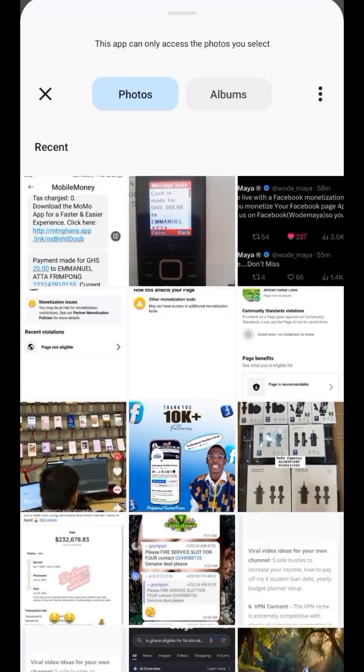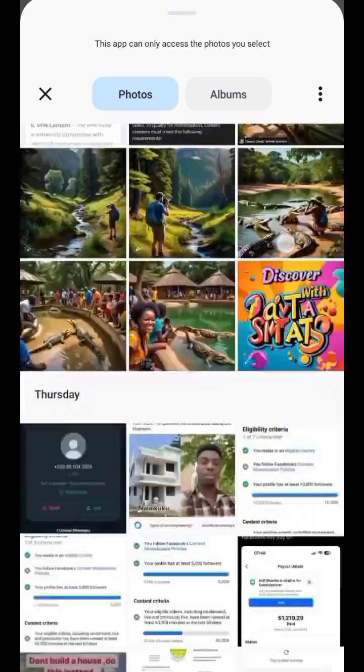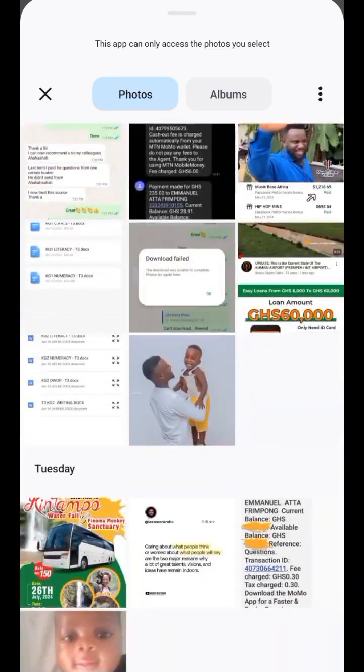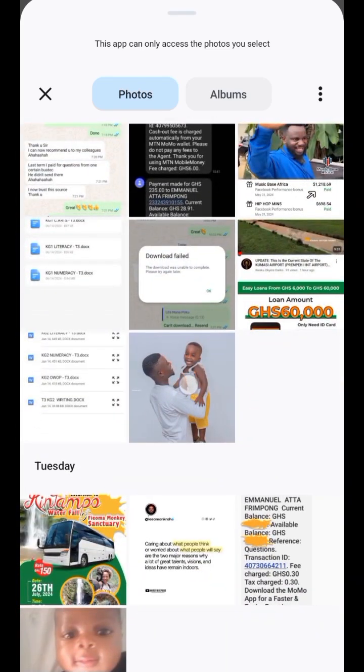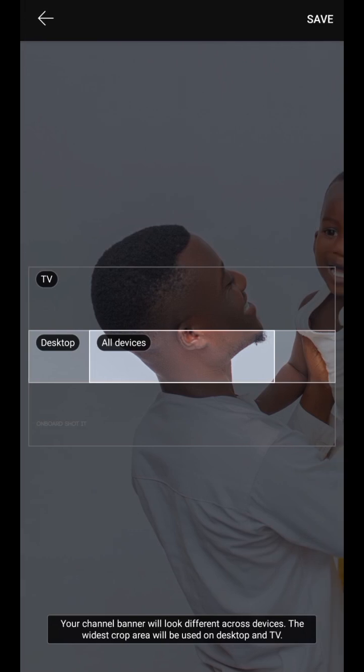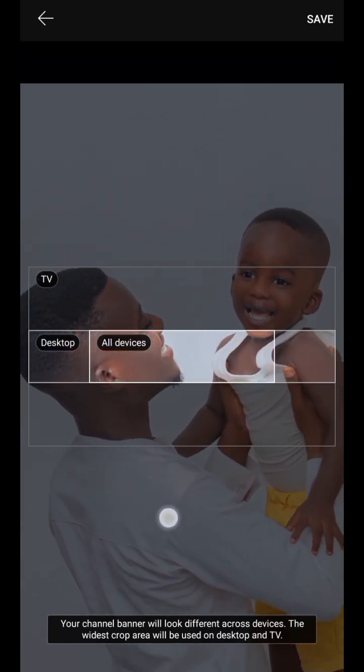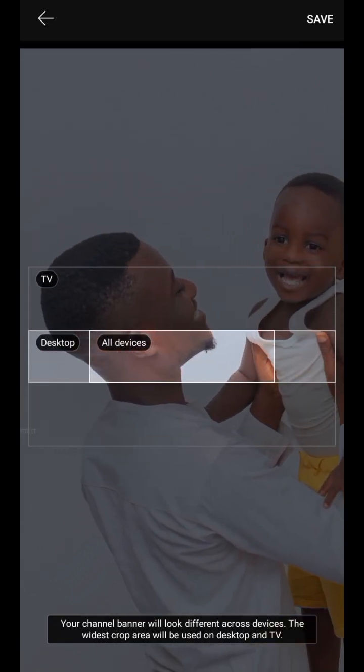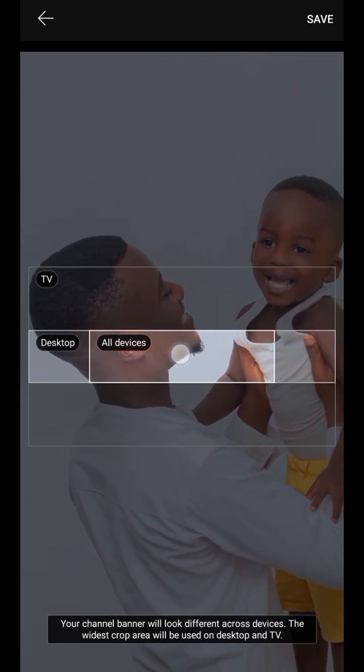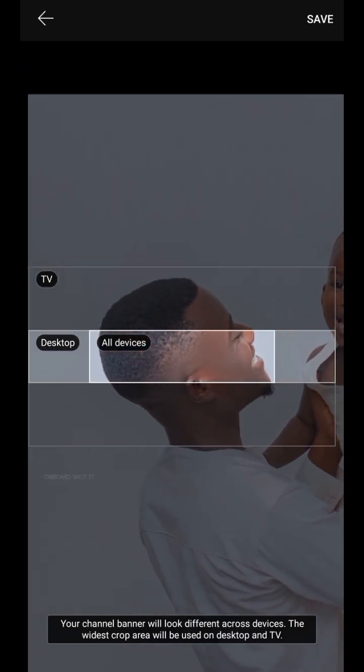So you look onto your phone, and then you select any image of your choice that you'd want to use as your cover photo. Let me assume I'm using this one. Okay, so what you see over here is telling you that the image is going to display in different ways on different devices. On all devices it's going to show as you see in between, that's the one in the middle. On desktop it's going to enlarge, and then on TV you're going to get a very large image showing over there. So now let's crop it